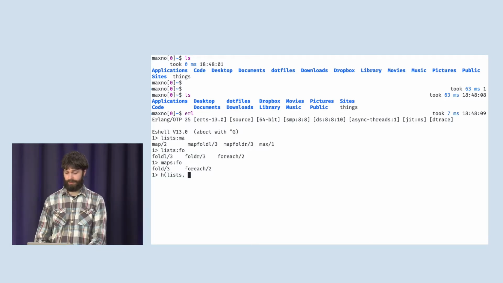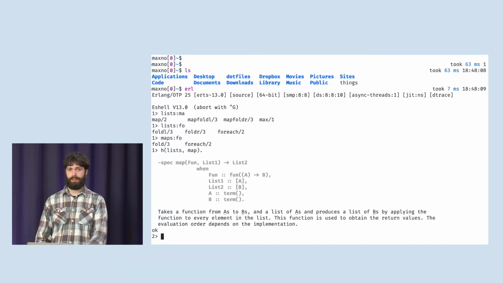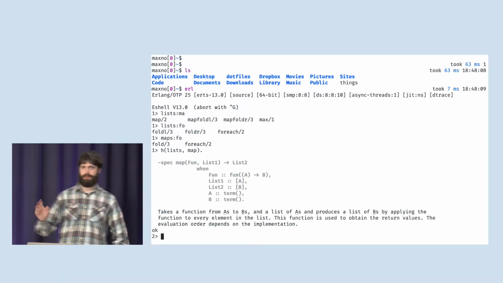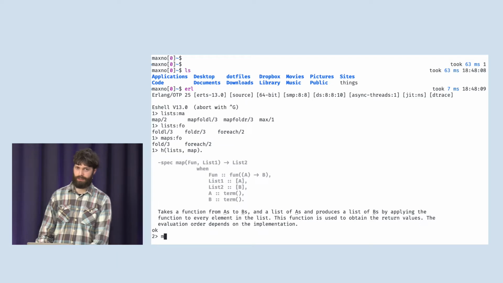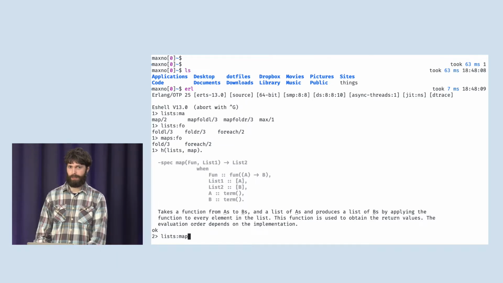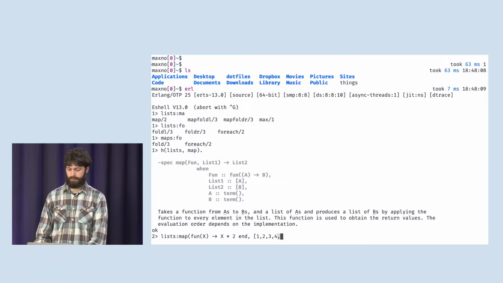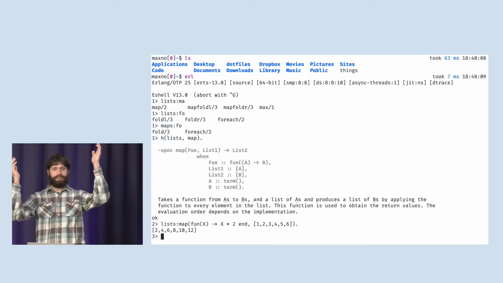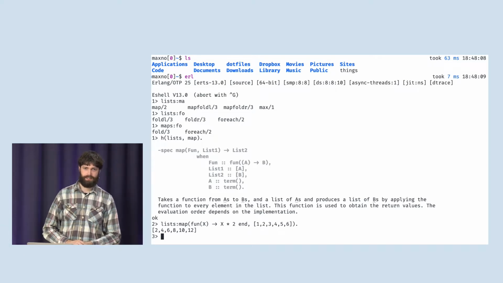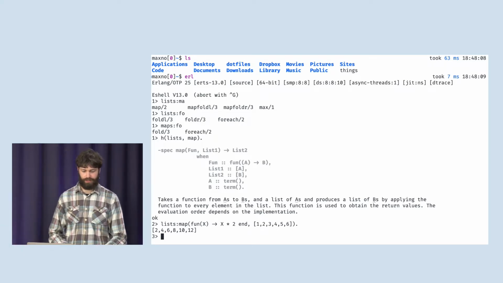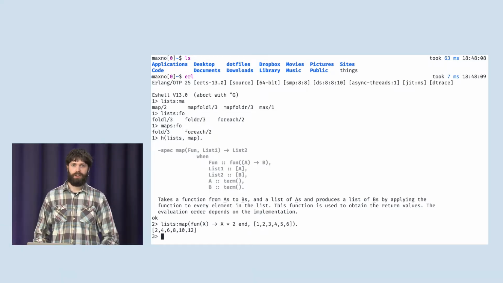And be like, oh, right. Oh, yeah, okay. Fun is first. Yeah. Lists, map, fun. Ta-da! You can also do that as a list comprehension in this case, but